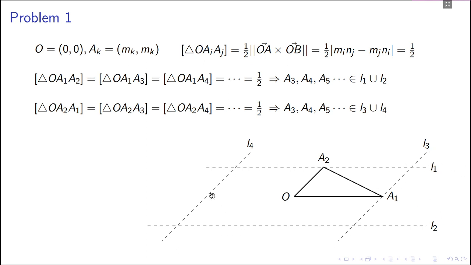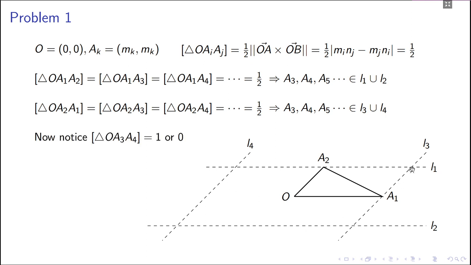Since the point has to lie on this or this, and this or this, you take an intersection of these. So there are only 4 possible points where all these other vertices can lie. So you can put A3, A4, A5, A6, but is that the answer? Is r equal to 6? No, because